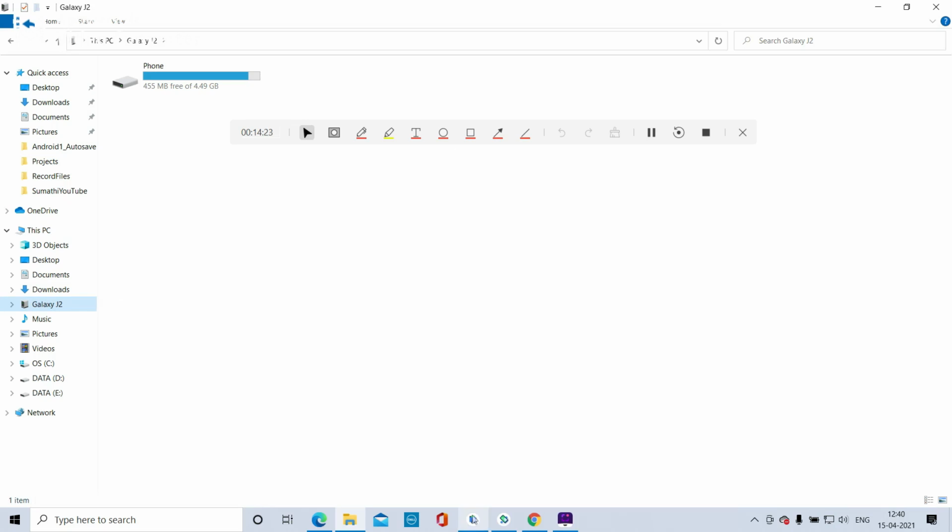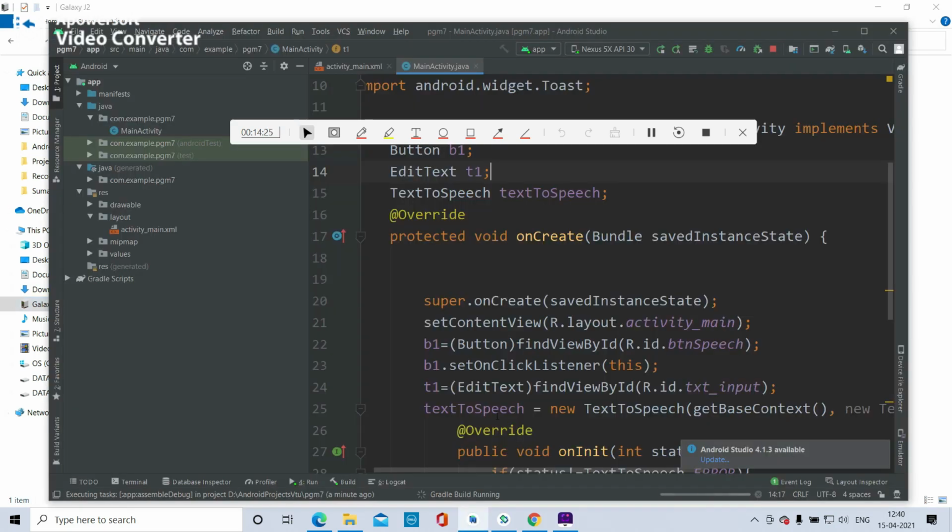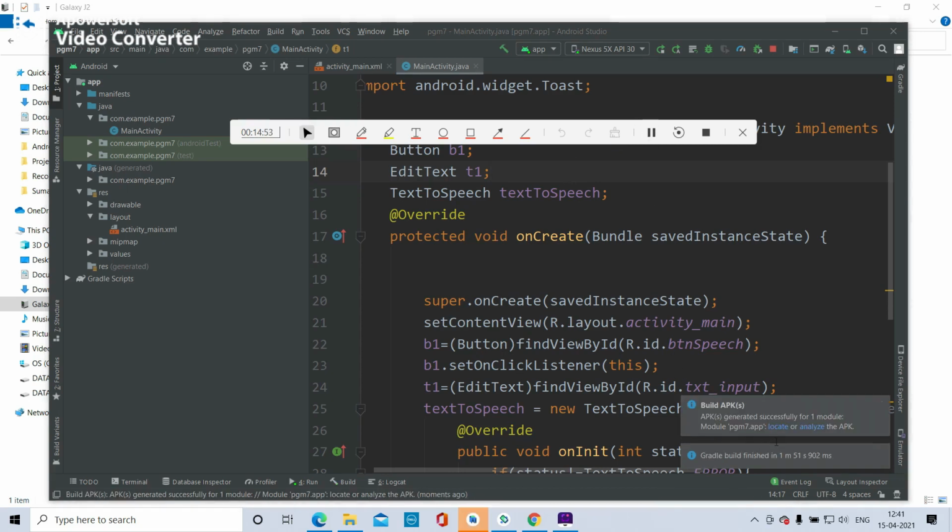Okay, and here in the Android app, once the APK is built, you have to copy that APK to your mobile. It's taking some time to build the APK. Till then, no need to wait. See, it is showing build APK successfully.